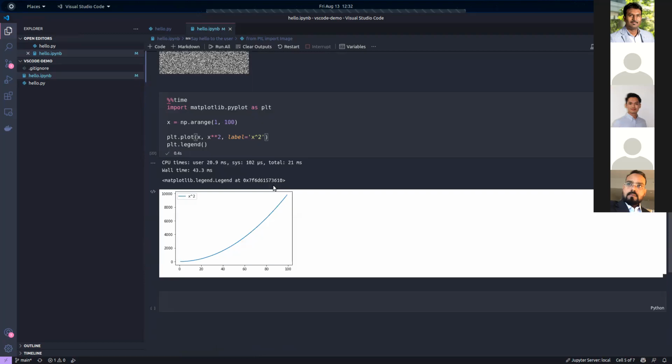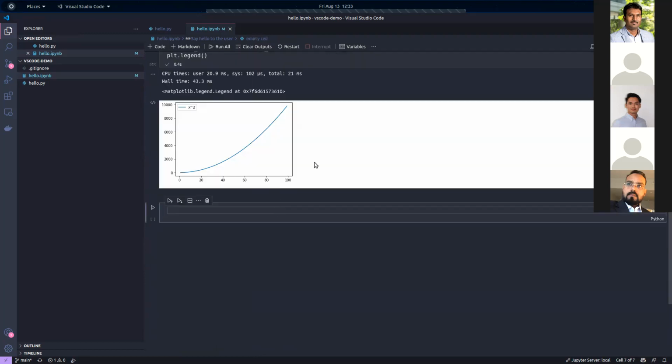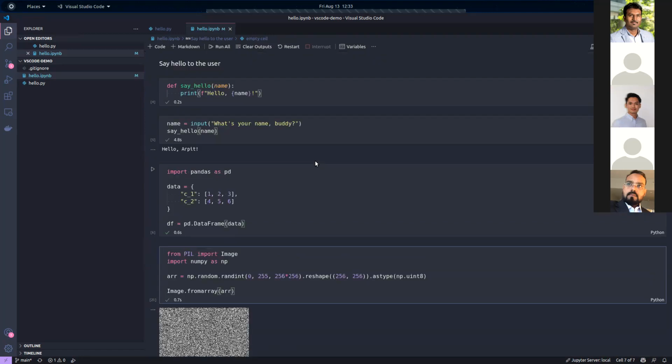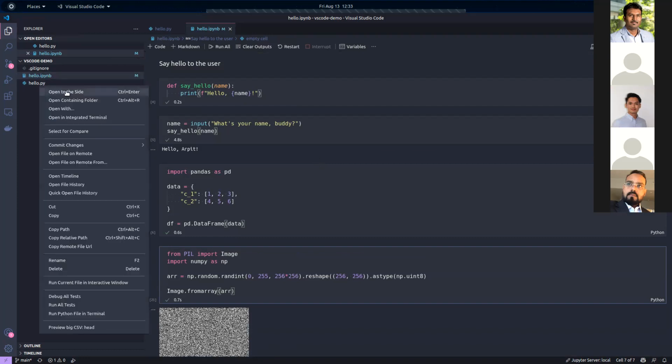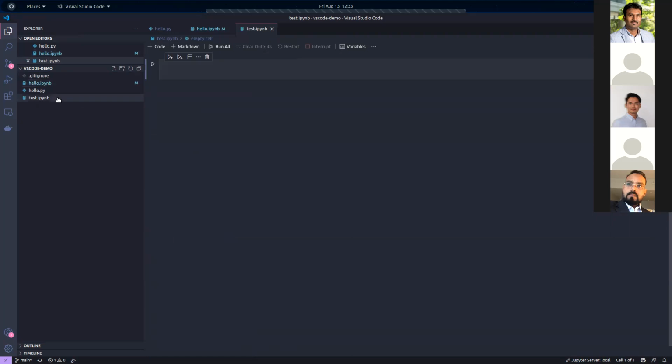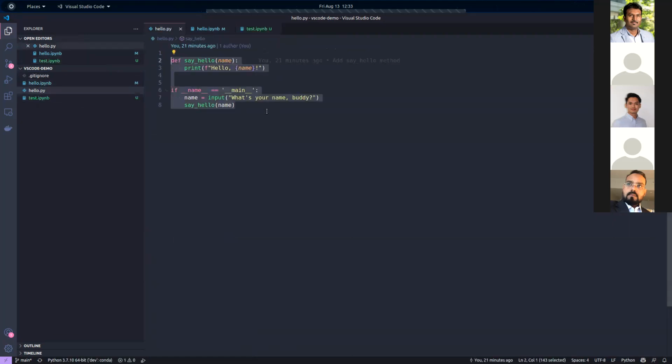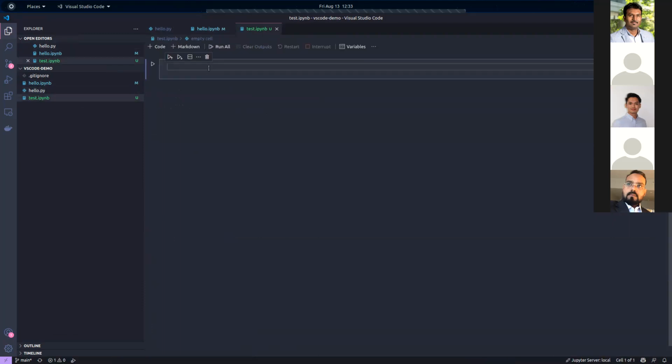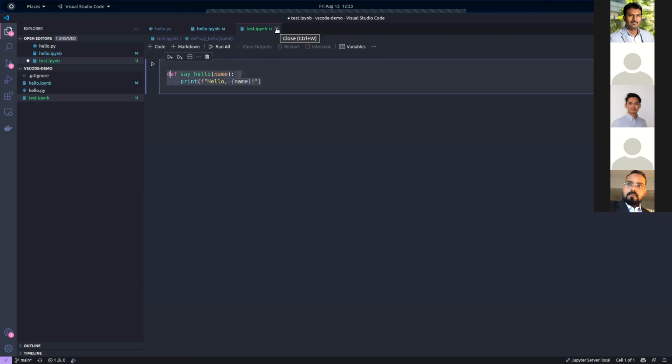One more thing. You said that you can directly convert the Python notebook to a Python script. Can you do the other way around? No, unfortunately, that's not supported here, I think. For that purpose, you have to create a new file, for example test.py, and take my functions from here, copy this and paste it. There's no other way of doing this, at least I'm not aware of one.